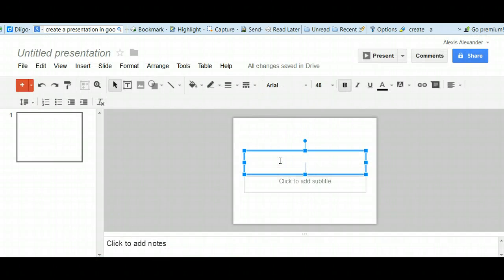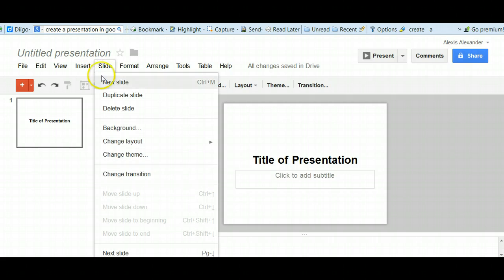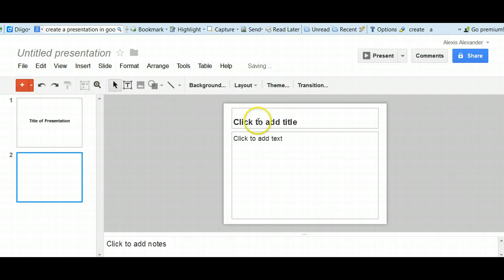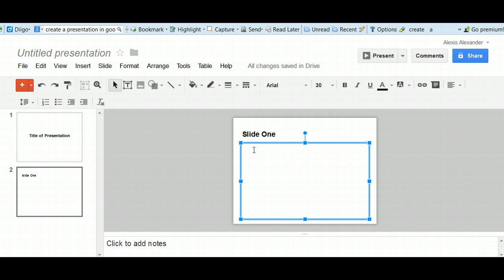So just like in PowerPoint, you put the title of your presentation here. If you want to add slides, you just click on Slide, New Slide, and you get this type of slide. It's very much similar to PowerPoint. Alright, so a couple of things that Google presentation have that I think is better than PowerPoint is if